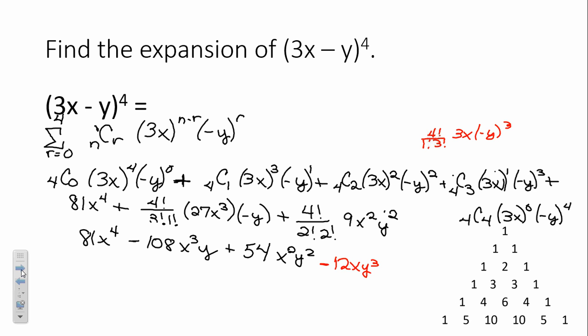I should have shown another line. Because this was, where's my y squared at? This was going to be 4 factorial over 2 factorial. So the 2 factorials cancel. We just have a 4 times a 3, which is 12. 12 divided by 2 is 6. Okay, so this guy reduced to 6. And 6 times 9 is